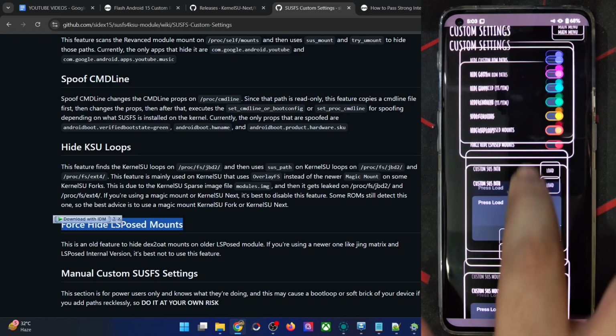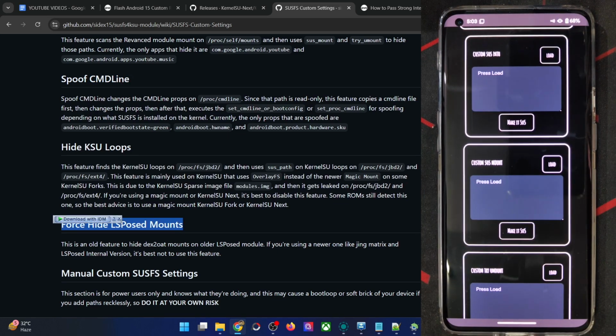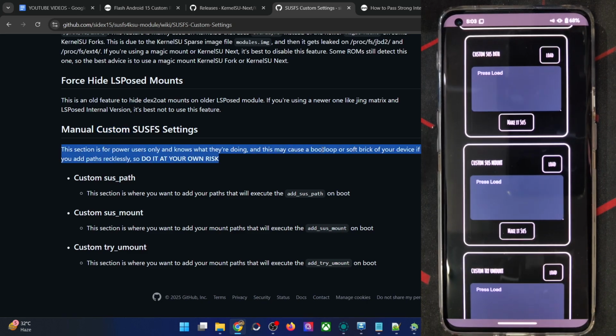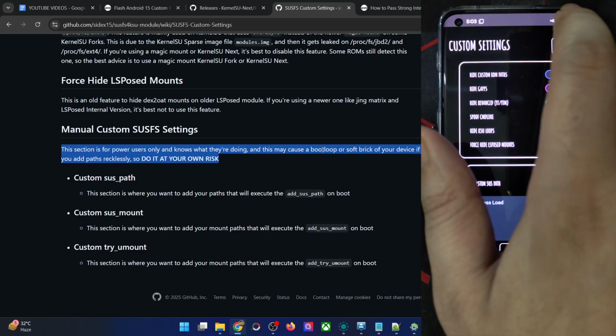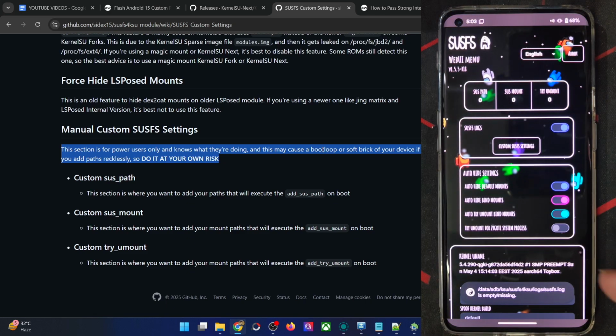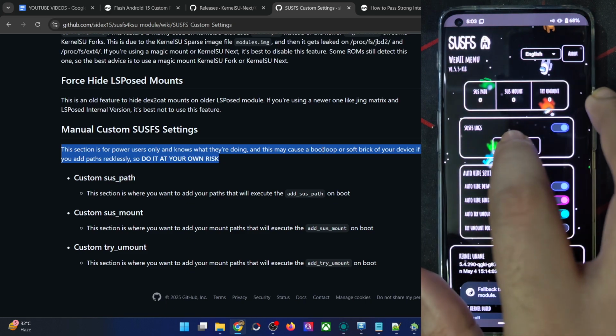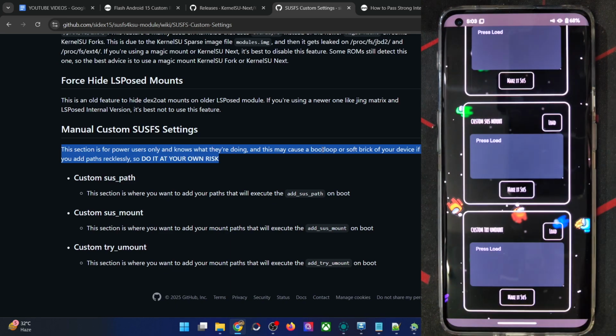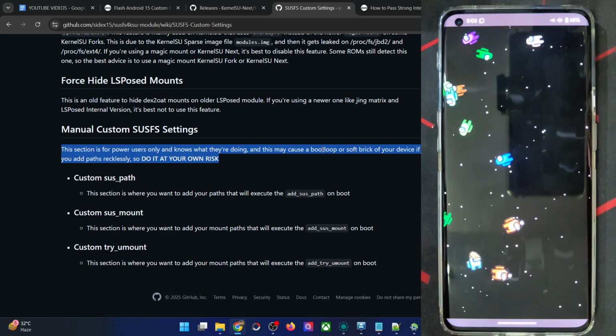But please don't use the next three tabs because they are manual and SUS tabs. If you use the manual settings, it might lead to a SOPIC or a bootloop state. So unless you are sure what these are, please don't use them and only use the above settings or the one in the main menu, as you can see. Only use these tweaks shown here, but please don't use the manual tweaks because that might lead to a few issues on your phone.